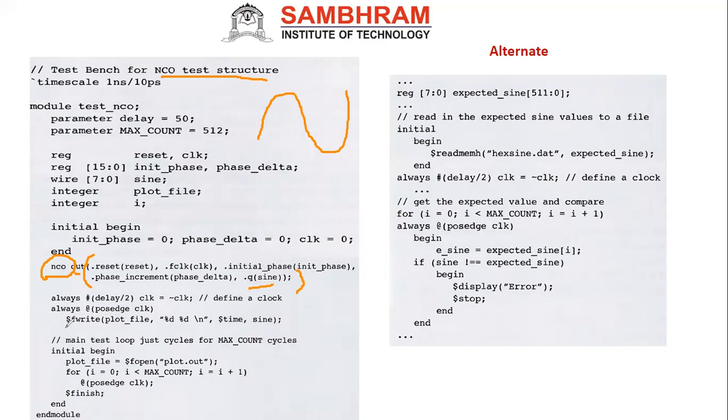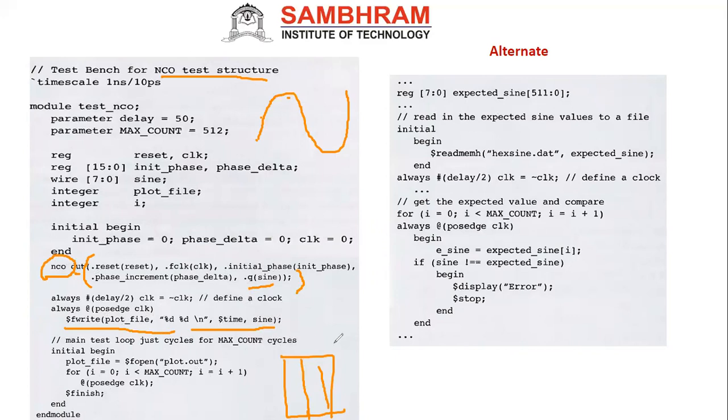Very important here, you see the $f, right? What you are doing for each and every time, the value of sine will be written into one file. The name of the file is called the plot file. You see, in the system only it will do. So the value will be generated and that will be written. So finally, in the system there will be one file called the plot file that will have the time here. The time will be there, and your corresponding values will be there. So each and every time the value will be there. This is the sine wave. So this is one method actually.